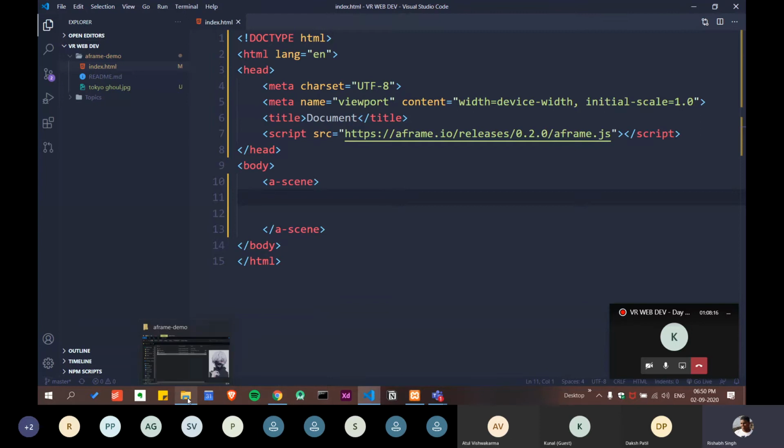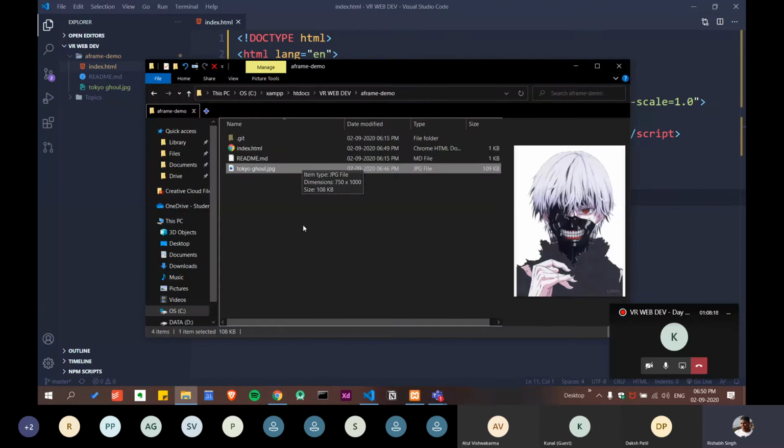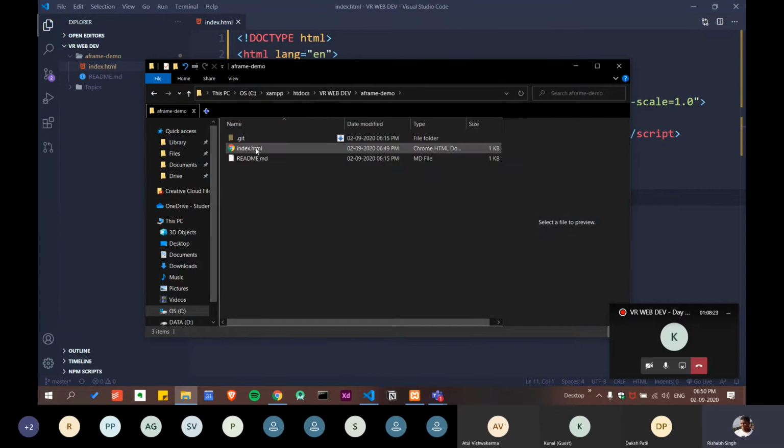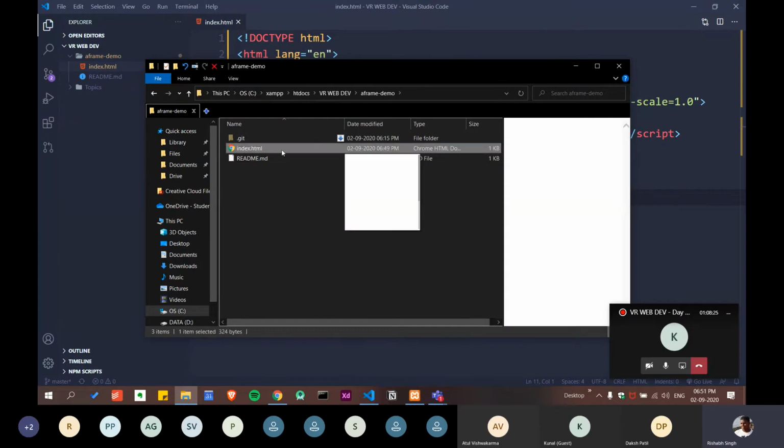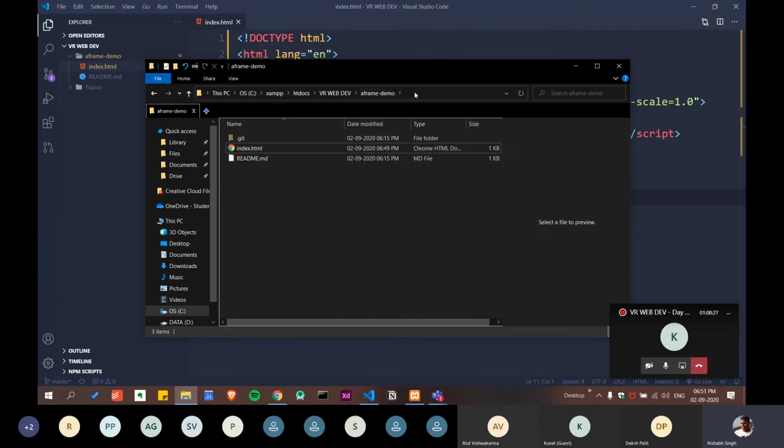Let me delete the Tokyo Ghoul, we don't need it. And here is my index HTML file, and let me copy this. This is the important part. If you want to practice, you must understand what I'm trying to do.